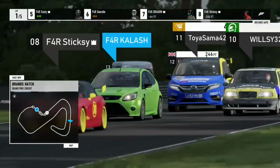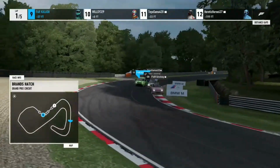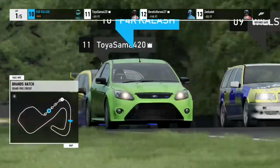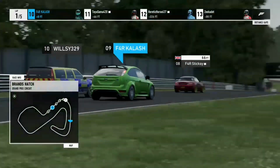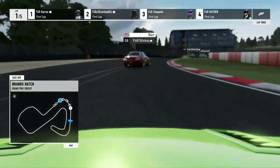I gotta give a shout out to the Volvo paint job here of, I do believe it's Willis. He's got the European police car station wagon, so that's funny. And